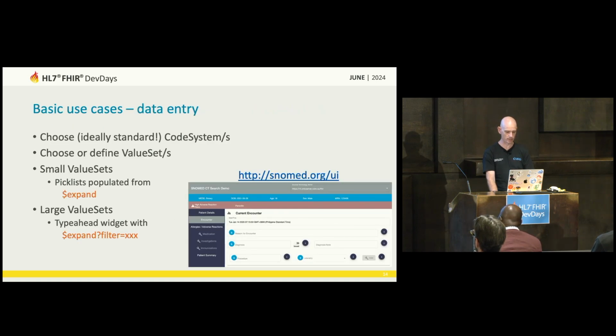So, having a look at some use cases. Let's have a look at data entry first. To do data entry, you'd choose a code system or code systems, ideally standard ones, and you'd choose or define value sets. Again, ideally choose value sets that others are maintaining, because they are effort to maintain. If you had small value sets, you might make a pick list that's just populated out of the values that you get from expand. If you have a really large value set,